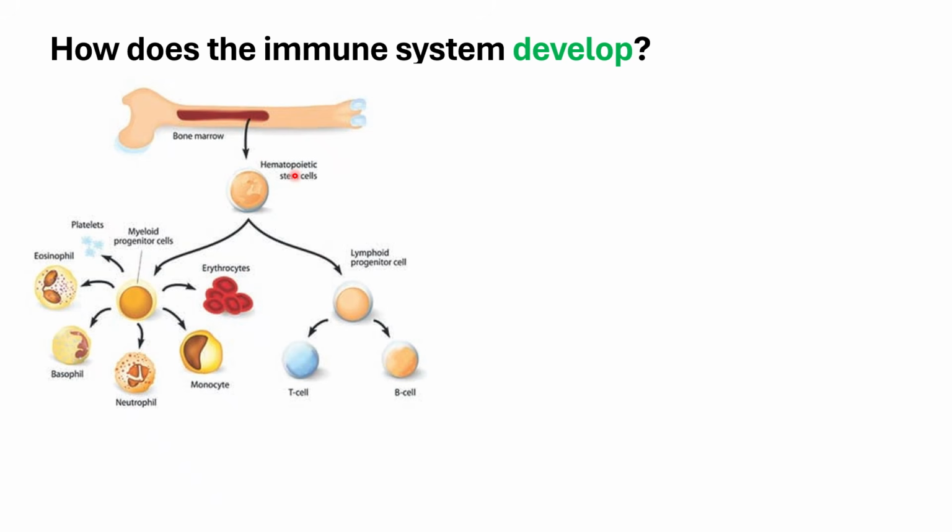Okay? And then in the hematopoietic stem cells, some of them will become members of your circulating blood system. And some of the members there are also part of your immune system, right? So you would have your granulocytes, right? While the lymphoid progenitor cells will become your T cells and your B cells. Okay? So this is what we will see in the organs that we will be discussing for today.